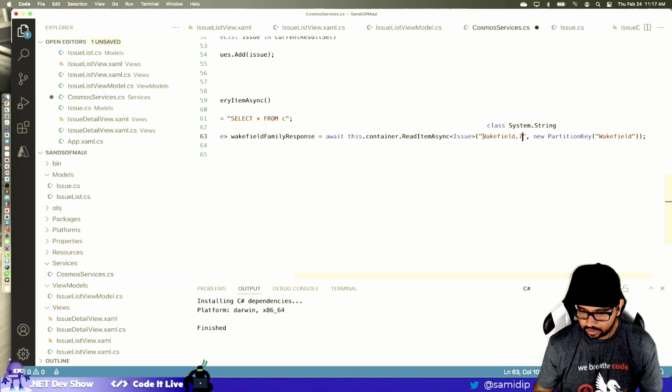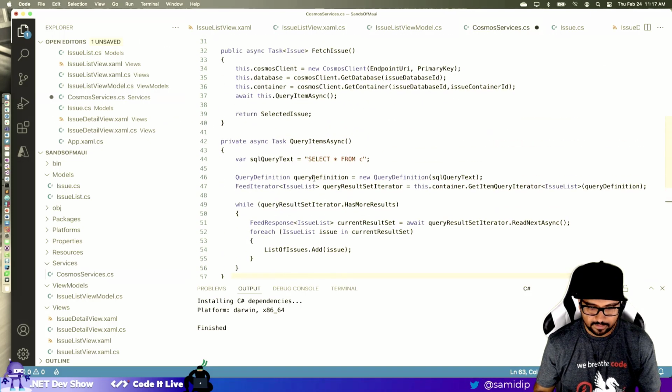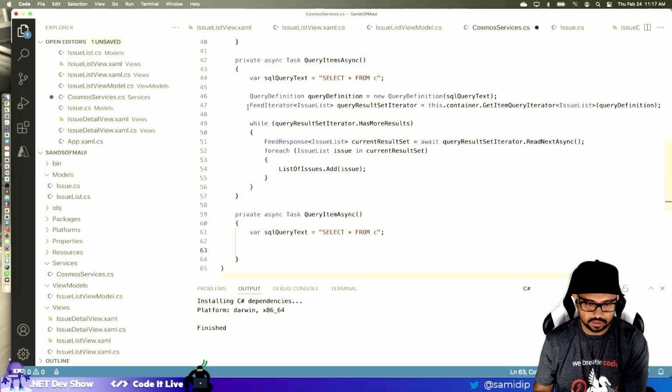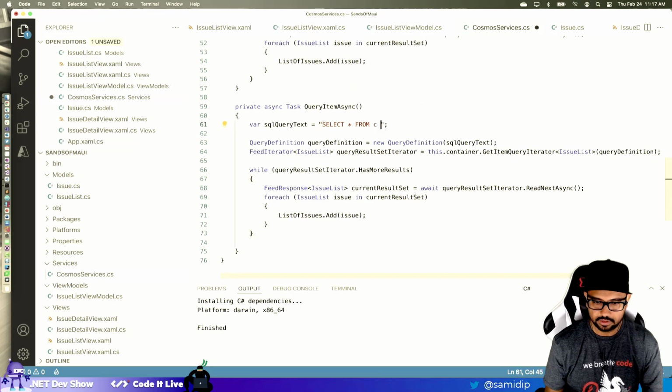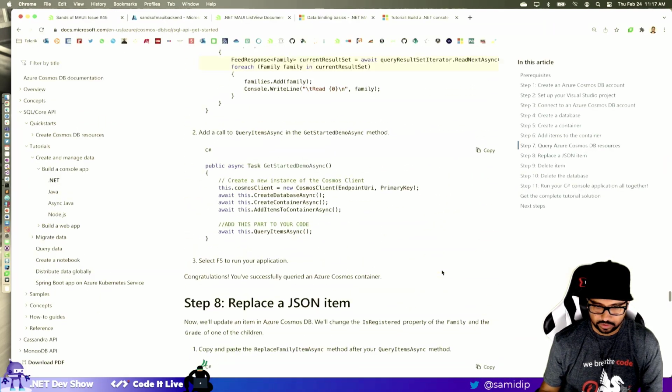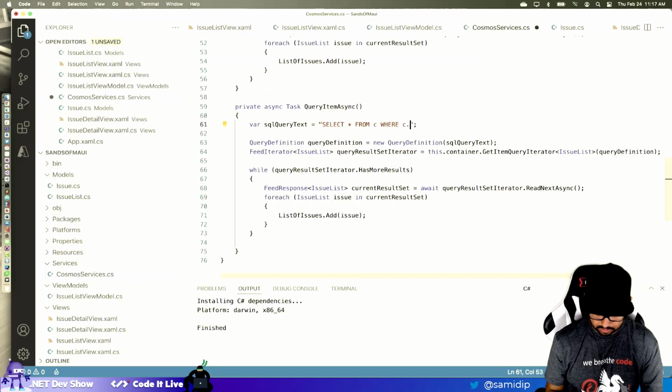How are they partitioning this? I don't understand this. Can I do the thing that I know how to do maybe? Let's do this. Because I need to figure out the syntax of how they're looking it up. So hold on. So this is where we're going to do where. What is the syntax now? Where that. Okay. C dot ID equals 1. That's what I want.